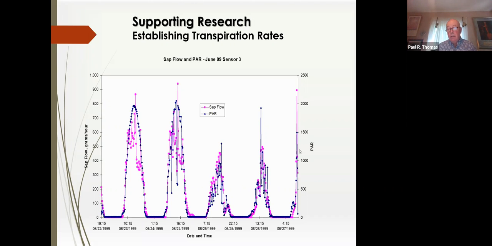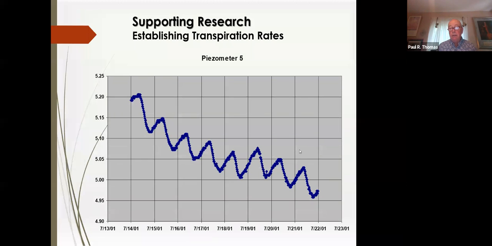So what we found was that if we knew what the leaf area was above our sensor, we could come up with a unit evapotranspiration rate per unit of leaf area. And that's been very handy going forward in being able to predict how much water consumption we can